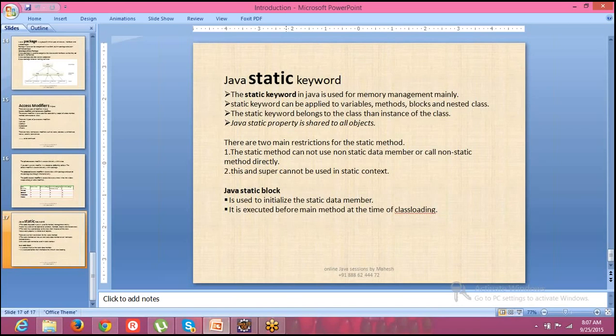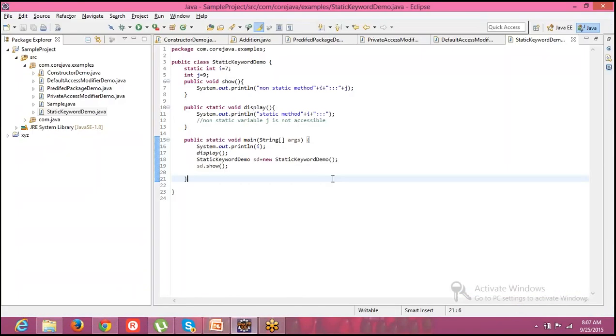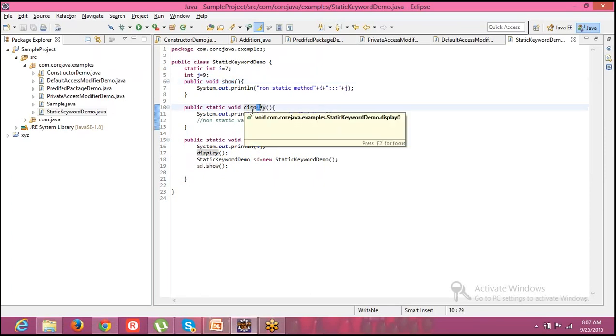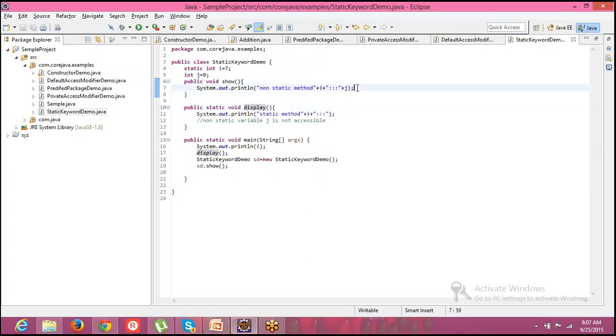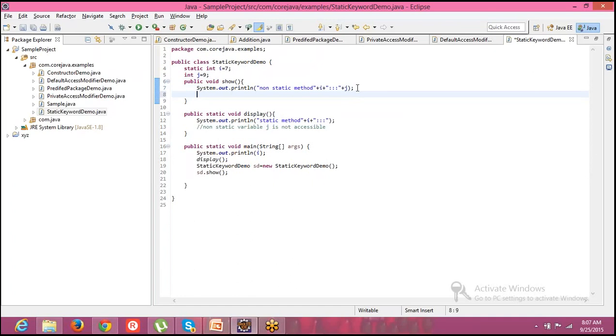So let me go back to the program and I will make sure that you understand this. Now here I have a non-static method, and I have a static method here. Now I wanted to access this display method, the static method, in the non-static method.